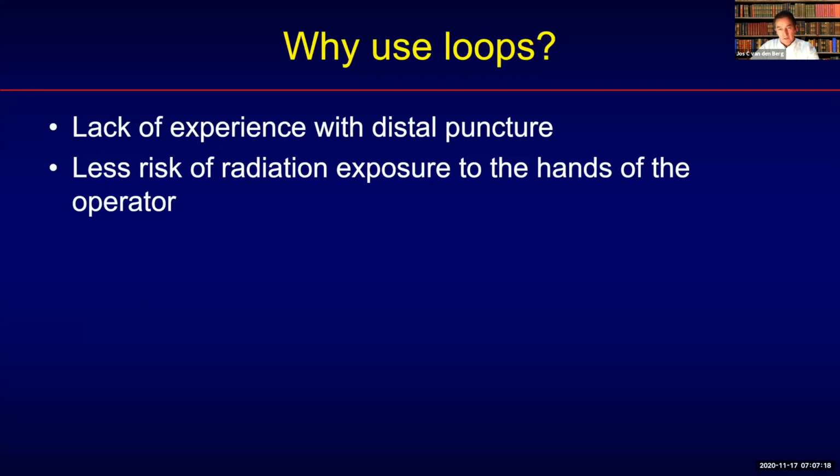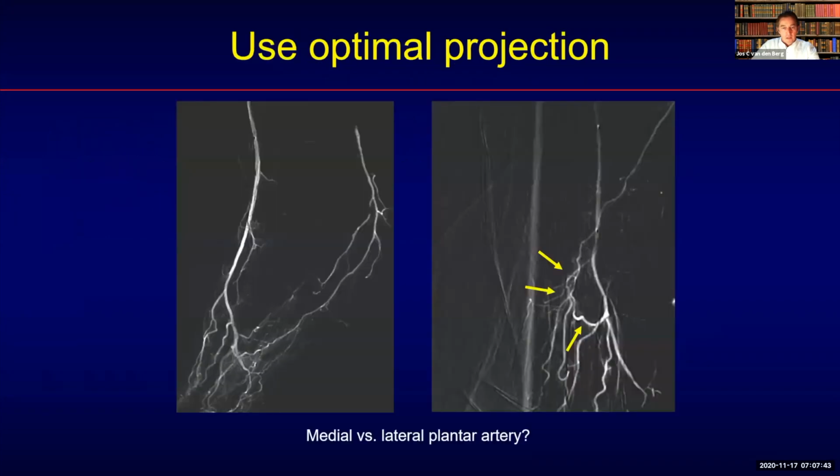And I think very important, and especially IRs are typically very conscientious about this, the risk of radiation exposure to the hands of the operator. The moment that you start manipulating in the distal vasculature, you more or less get automatically exposure to your hands. And by using the loop techniques, this is something that you can avoid. Some other tips that I want to give you before I start showing you some cases is always use the